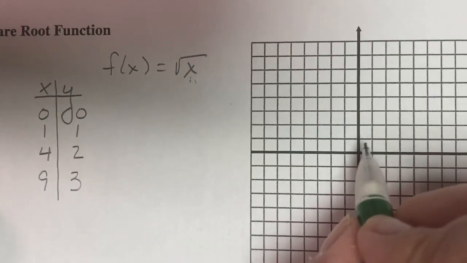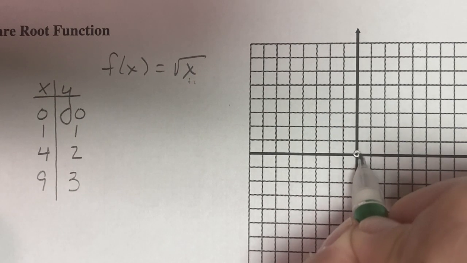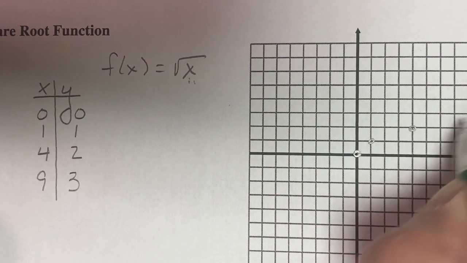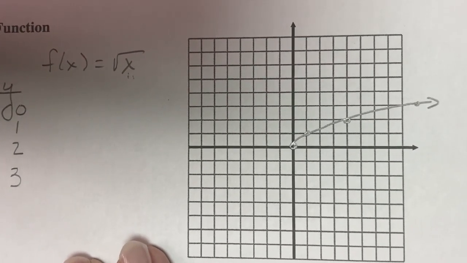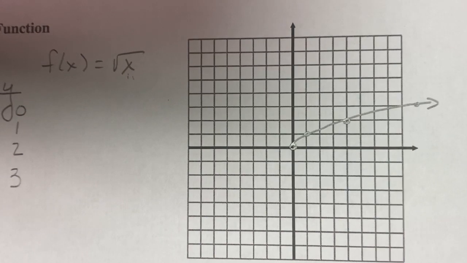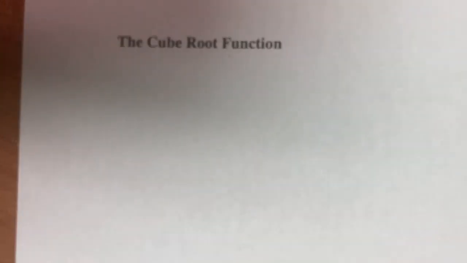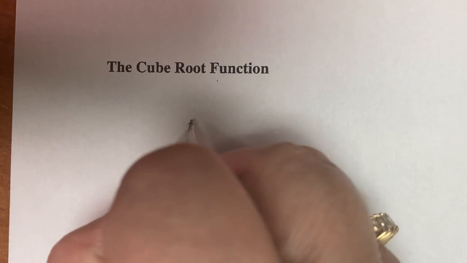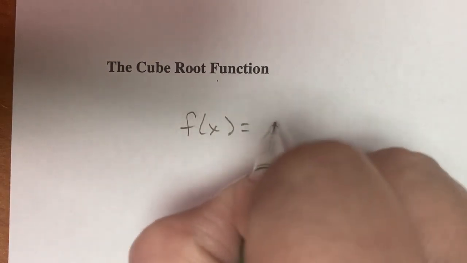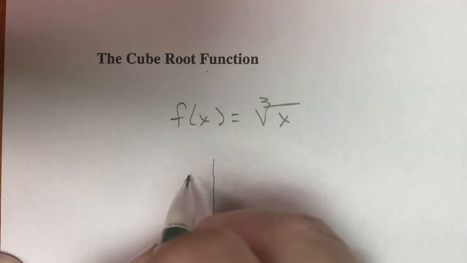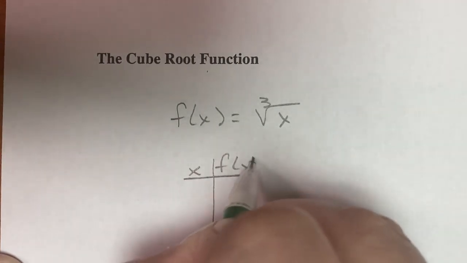So if we look at these values here, this would be the smallest value, 1, 1, 4, 2, and 9, 3. Correct me if I'm wrong, but I'm pretty sure we already graphed the square root function. It looks like that. What we haven't done, though, is we haven't graphed the cube root function. So let's go ahead and let's graph the cube root function. Well, the cube root function is going to be the cube root of x. So if I go ahead and if I make an x, f of x chart,